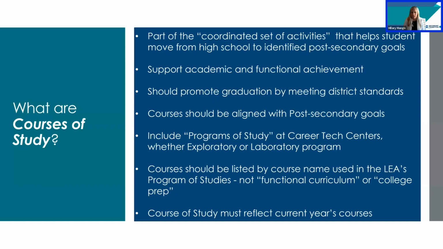Also, courses of study must reflect the student's current year's courses. This is important because a current year's courses could, in an IEP term, cover 2 functional spans. And so we want to make sure that we are including that year's courses and potentially the anticipated courses for the following year, since the IEP would cover 2 spans. Or you're going to have to revise that IEP at the beginning of the school year. Also, if you do the anticipated course of study for the following year, you may have to come back to that and reflect it if something in that course of study changes.